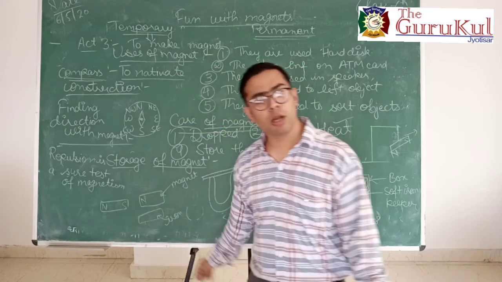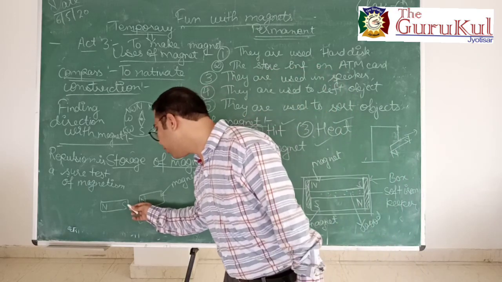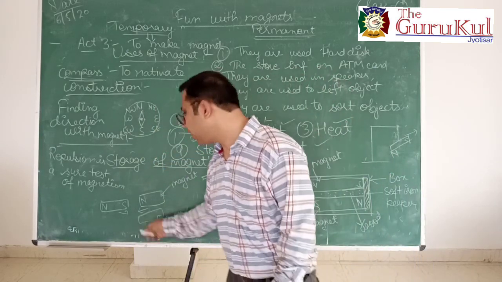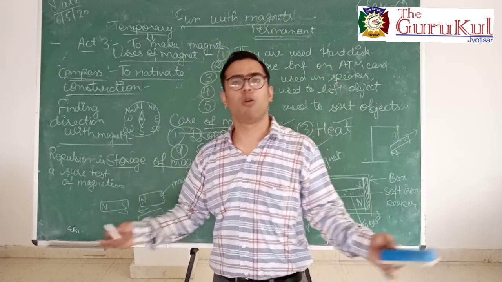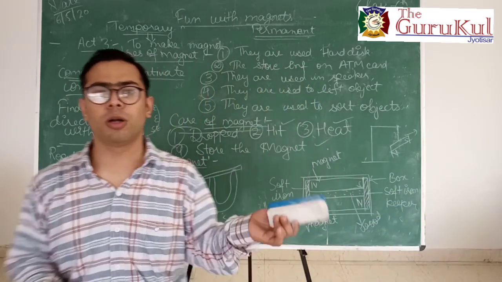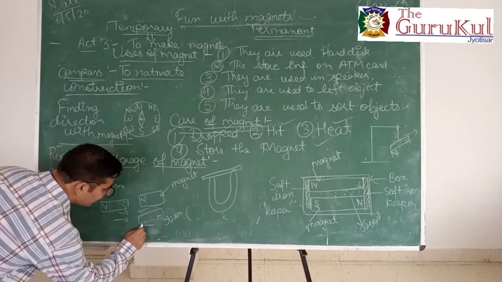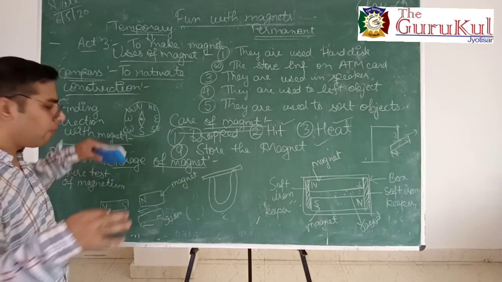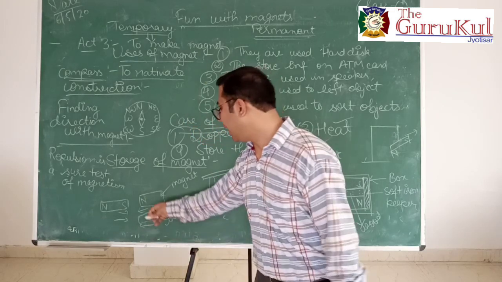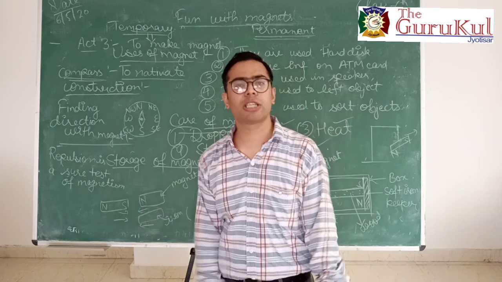These are unlike poles, so they get attracted. Understand? Attraction will be there in these cases. Now if I bring this iron object near the magnet, you know that whenever you bring any iron, cobalt or nickel object, there will be attraction. So it will move this side, and the magnet will move this side. They will attract each other. That means we are not able to distinguish which is the magnet. By attraction we cannot say which is the magnet.